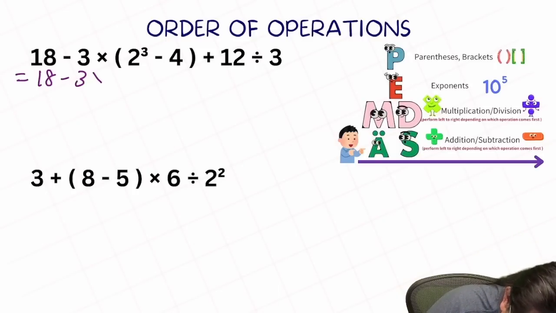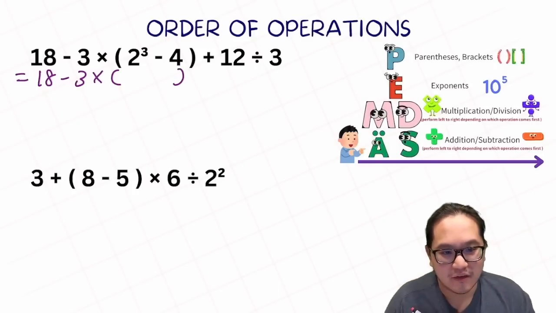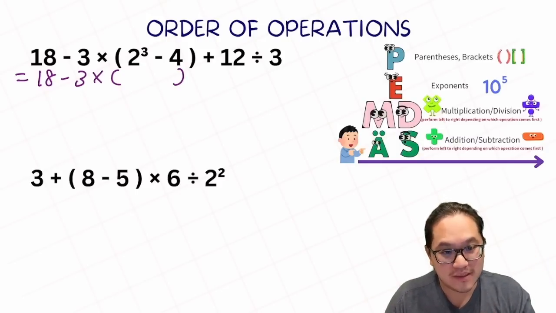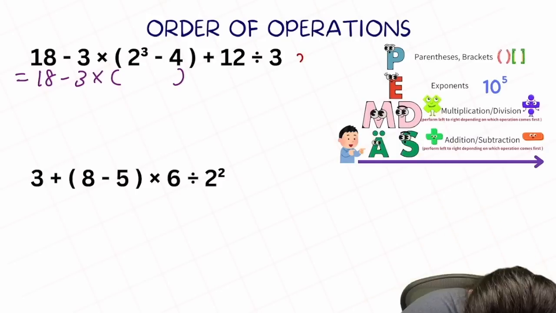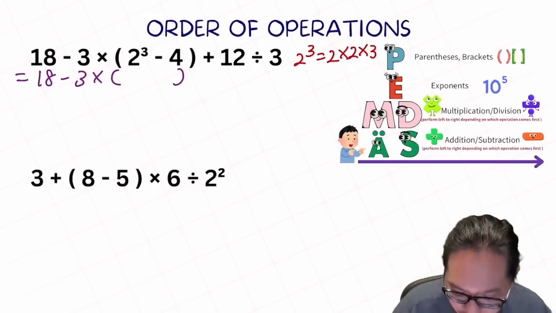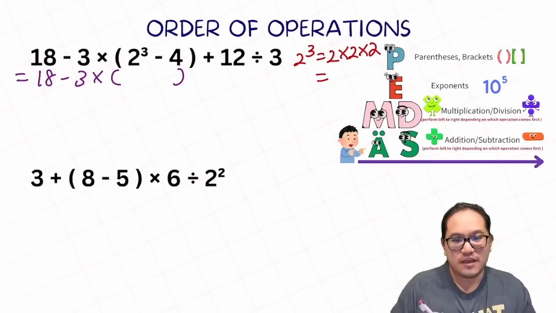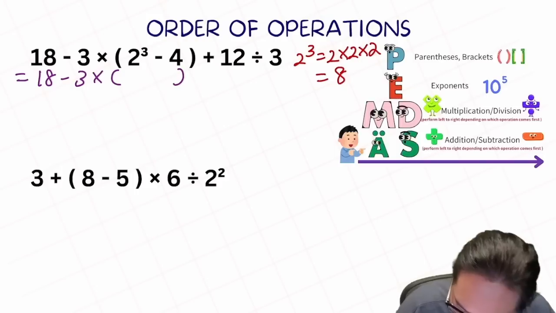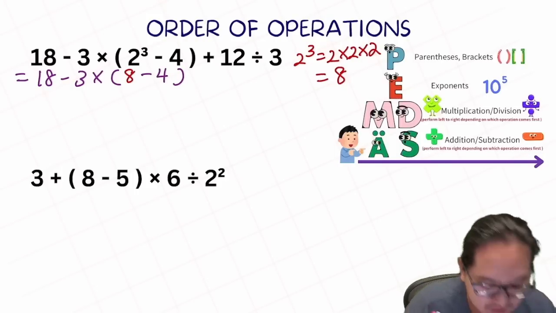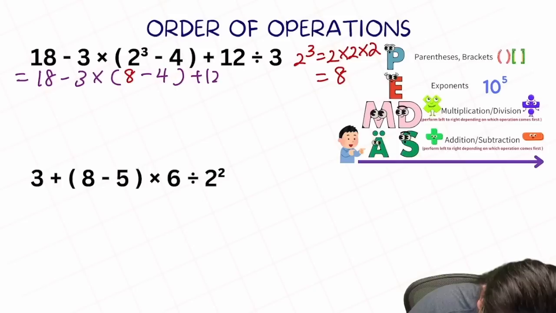18 minus 3 times, what is in the parentheses? We got 2 cubed. Even within the parentheses, we need to take care of the exponent first, right? So 2 cubed is equal to 2 times itself 3 times. So 2 times 2 times 2 is equal to 8. So we know that this 8 right here still needs to minus 4 within the parentheses, plus 12 divided by